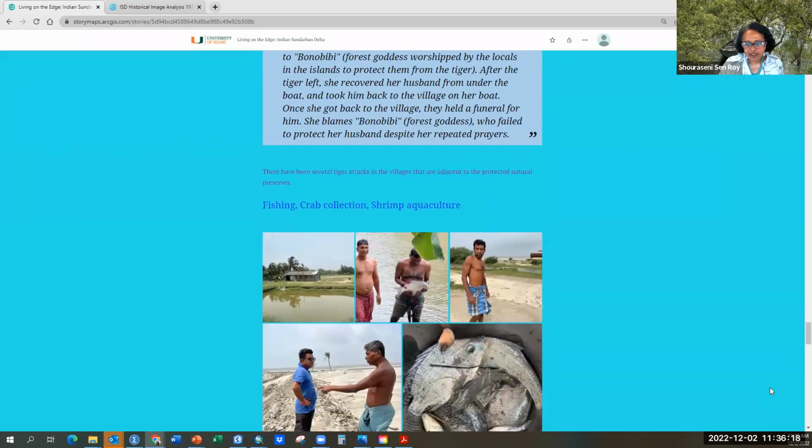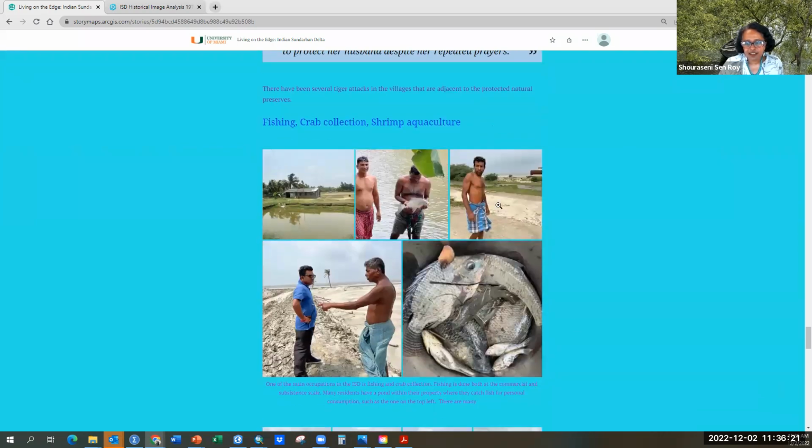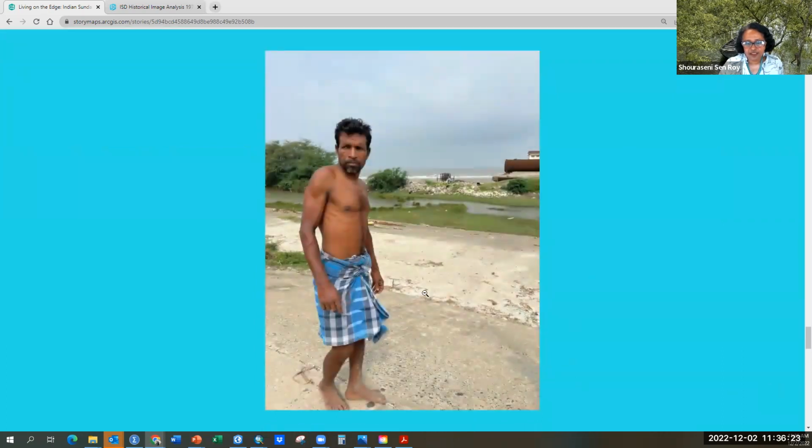The other aspect is the fisherman. So this was a fisherman. We met him, and this is in Sagar Island. You can see the sea there. There was a huge concrete embankment here, which was completely destroyed. I have not included the picture here. This is the second embankment. So there were two embankments. He's standing on one of them. This is one concrete embankment, but there was one farther down there.